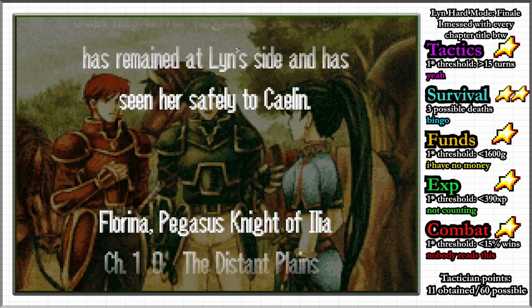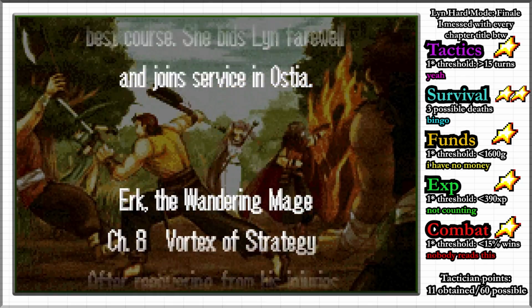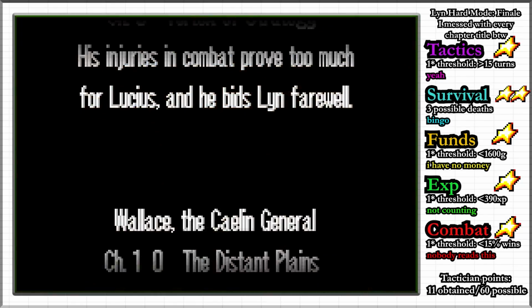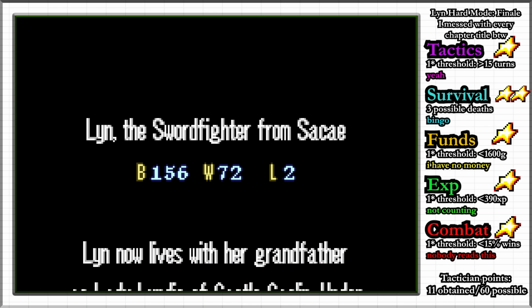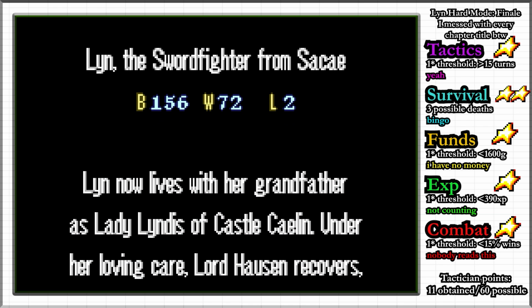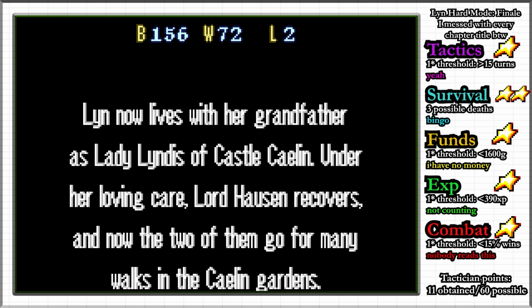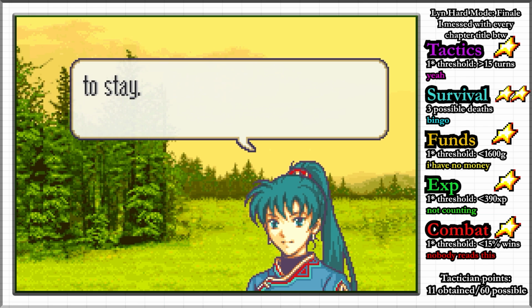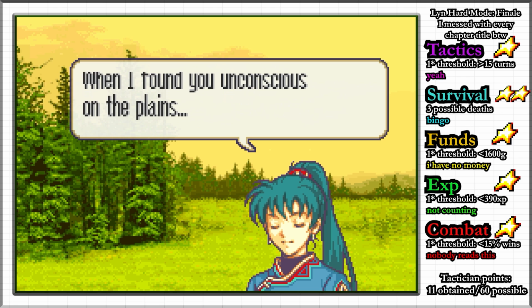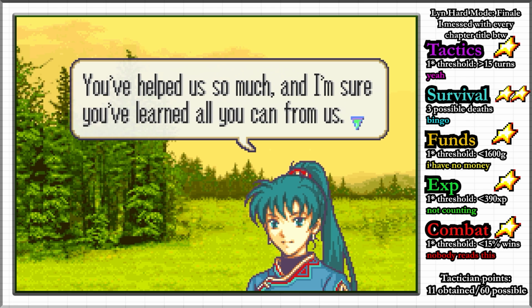The character endings play and detail how everyone who joined up in the past 10 or so chapters were all grievously injured for their trouble. Hilariously, the number of battles that Lyn participated in actually overflowed past 999, displaying some other number. Strange. The Tactician leaves, having done all that was possible by taking the longest amount of time to kill every